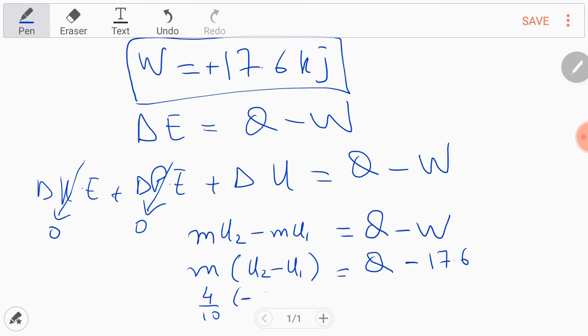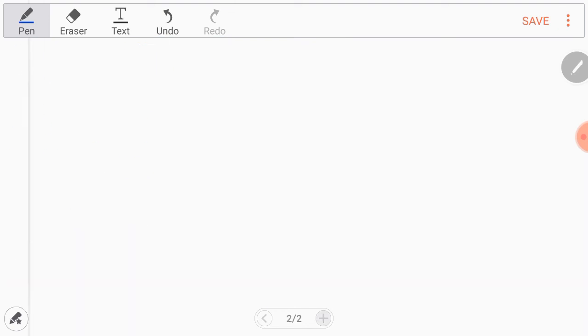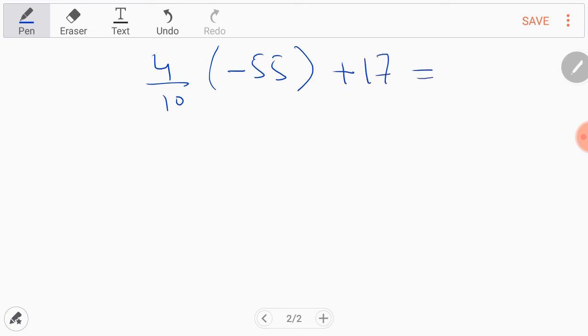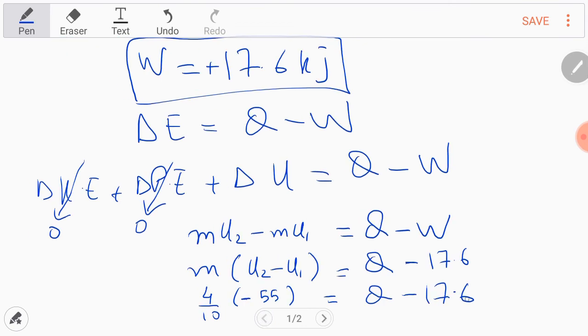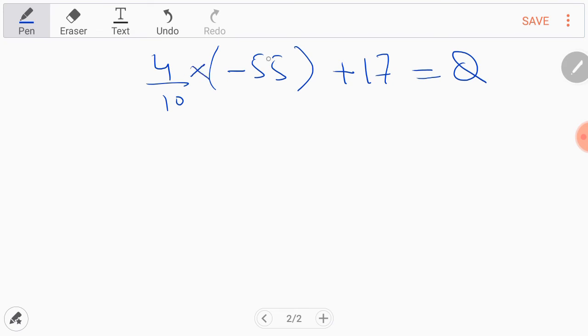So we can write this mass 4/10. We have to write in the negative form because Q is equal to 17.6. Let's solve this. 4/10, sorry, minus 55. It is in the negative form, then the work becomes positive, is equal to Q. So 17.6 goes here, becomes positive, and 4/10 multiplied by this. So by solving this,